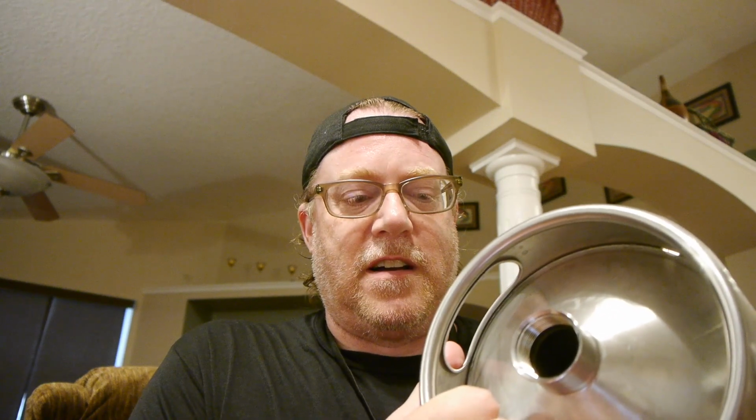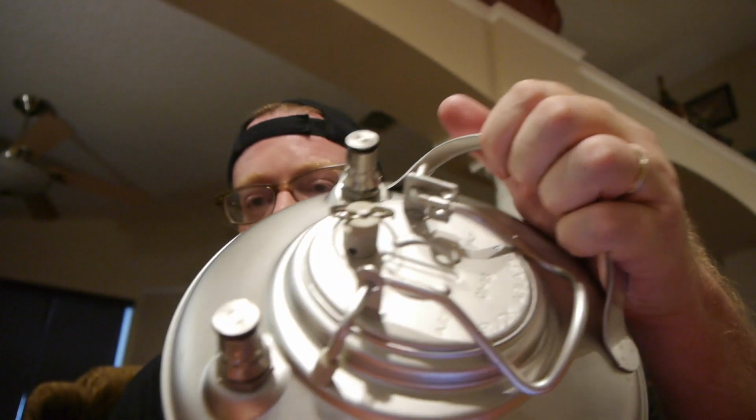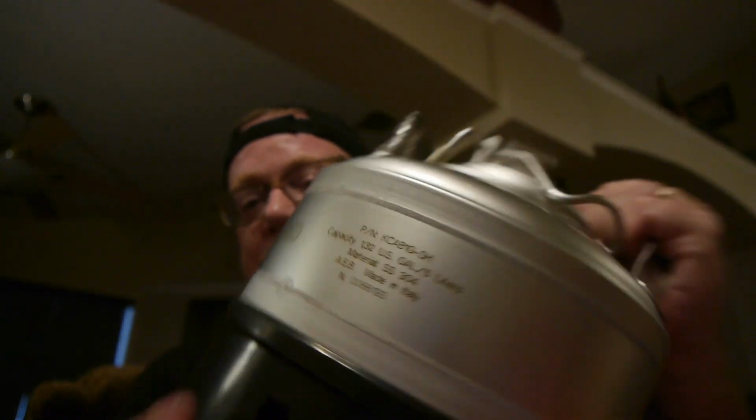It's going to have a rubber gasket here, and I have a 2-hole one to do a pressure transfer from this into the keg, which is another addition, keg. I did say keg. I did mean keg. I have these 1 gallon corny kegs I'm going to start using because